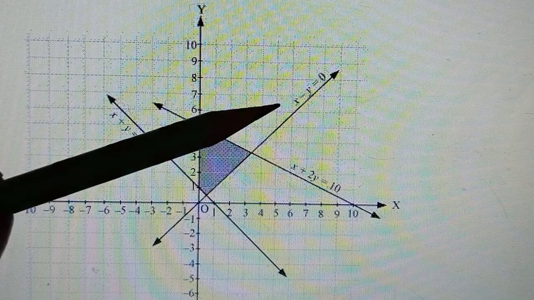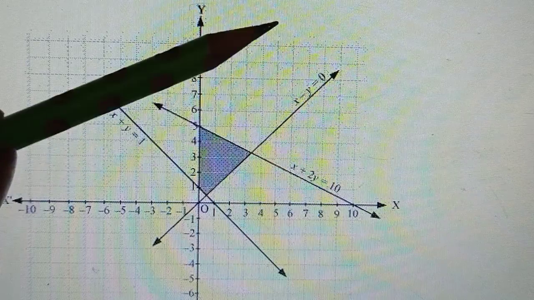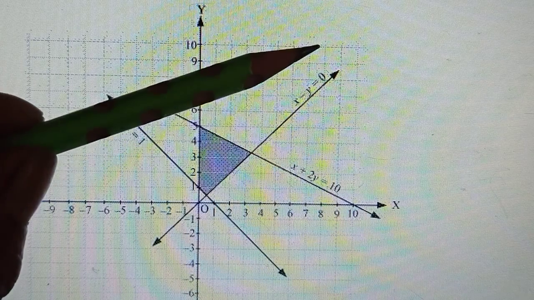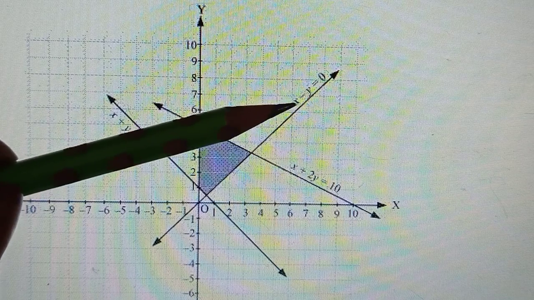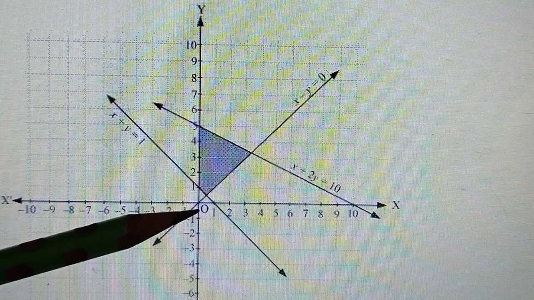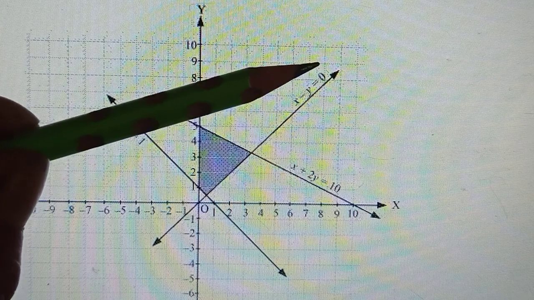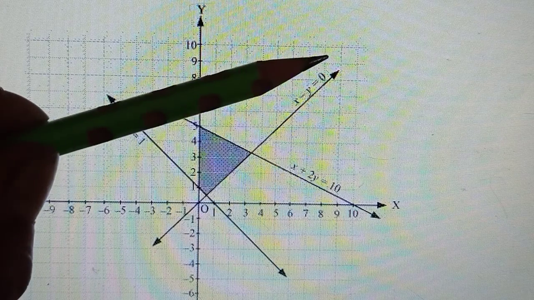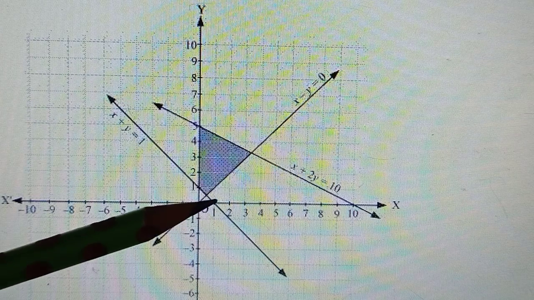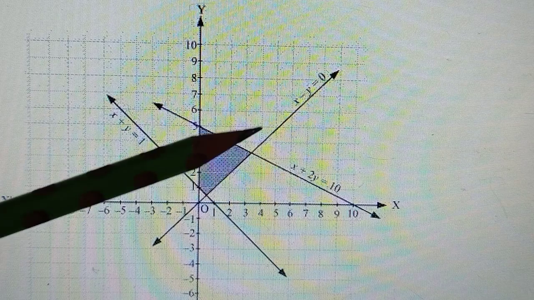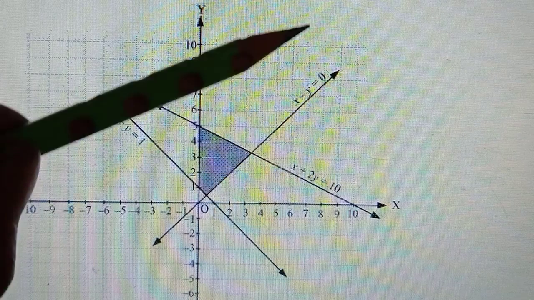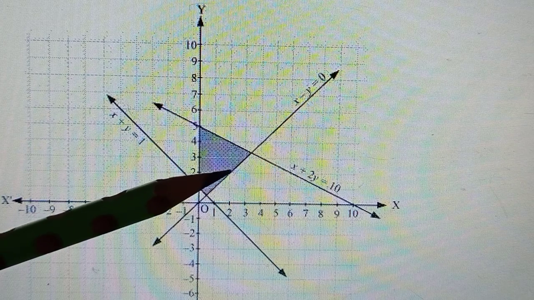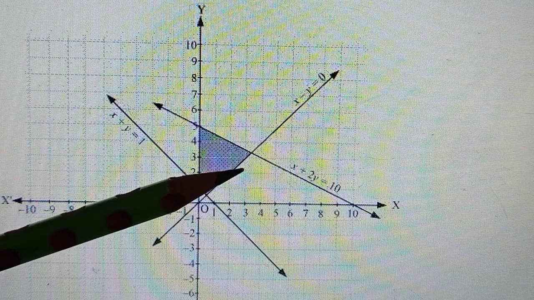Now for the second line, that is x minus y is equal to 0. This is the same as the line we got earlier. X is equal to y. If you take it to the other side, x is equal to y, which I told you is a line which passes through the origin, of course, because there is no constant term or the constant is 0, and it is equally inclined to the coordinate axes x and y. It passes right through the middle. The points will be (1,1), (2,2), (3,3), (4,4), so it comes right in between. That's your other line, and its inequality was x minus y is smaller than or equal to 0.